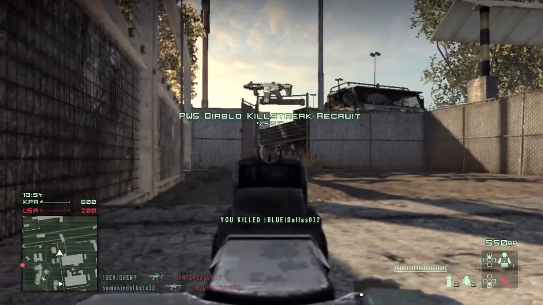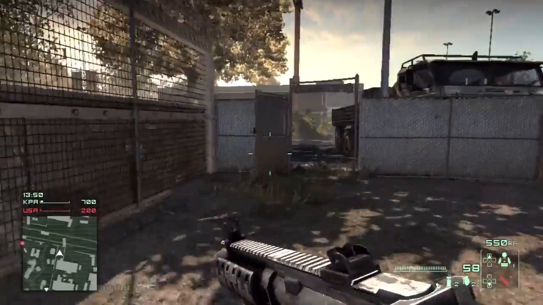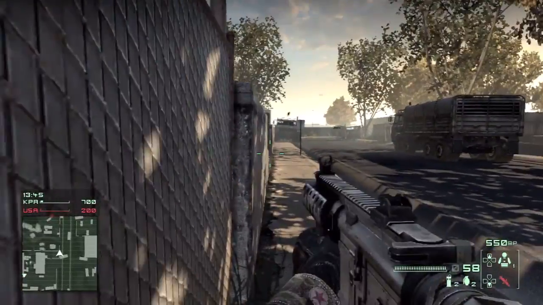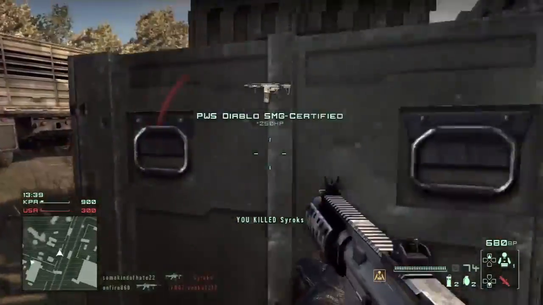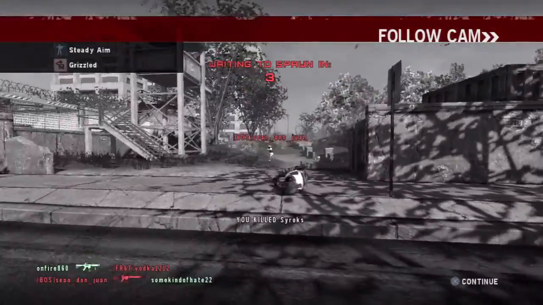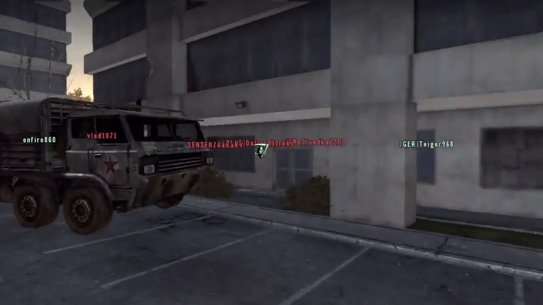But the Vector is pretty much a mini variation of the M4, or at least that's what it looks like, and I believe somewhere in the description it mentions something about that. I really don't know much about this variation here. Obviously it has a shorter barrel and a faster rate of fire, but it's fun as shit to use, man. If you are trying to use anything other than the M4 or the ACR,